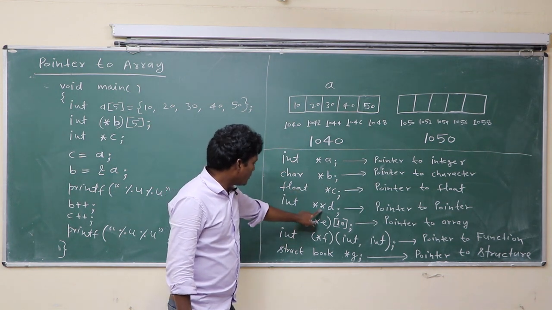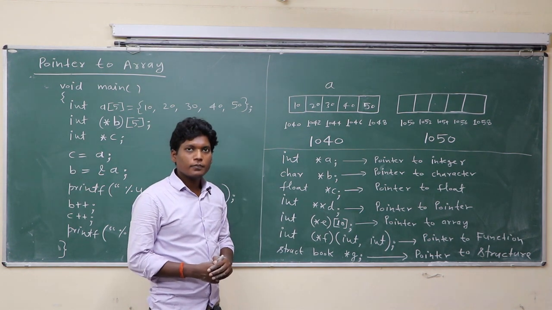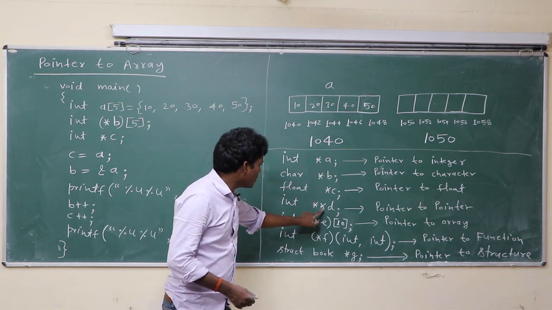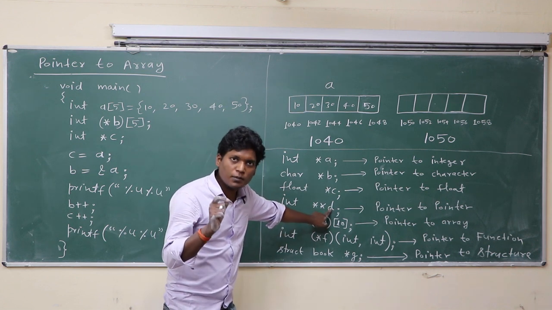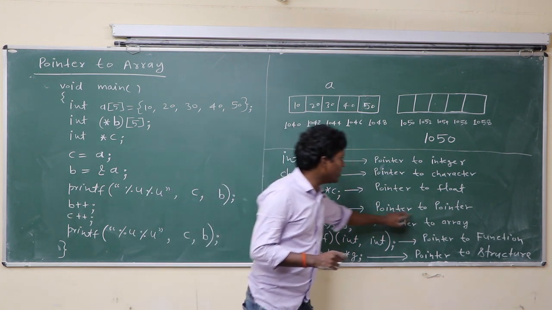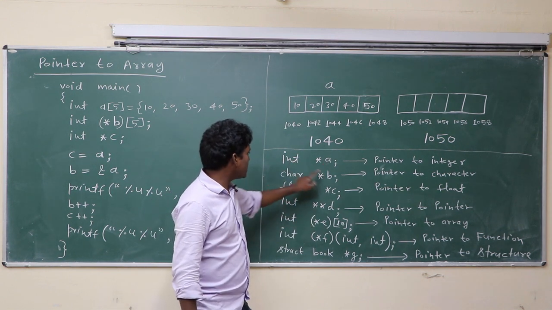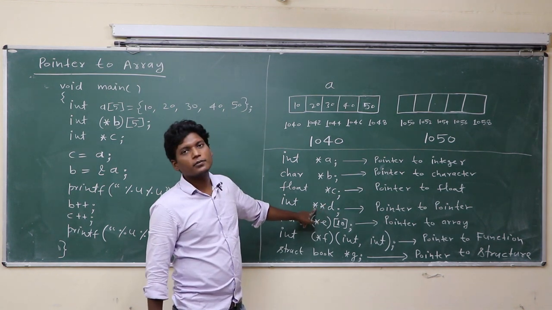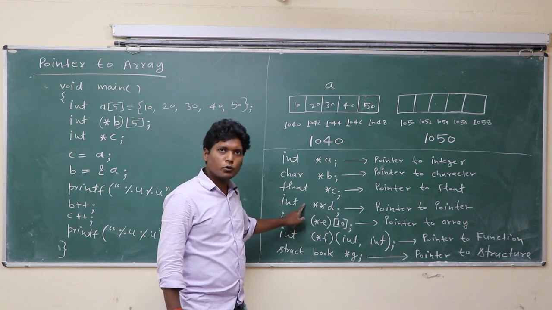In the same way, here double asterisk shows the double pointer, but technically it is incorrect. There is no double pointer. Basically it is pointer to integer. So D is a pointer to integer. So this is the pointer to pointer. Like pointer to integer, pointer to character, pointer to float, there is also pointer to pointer. Okay class? So D is a pointer to pointer.